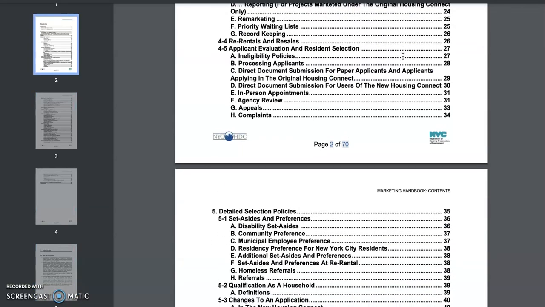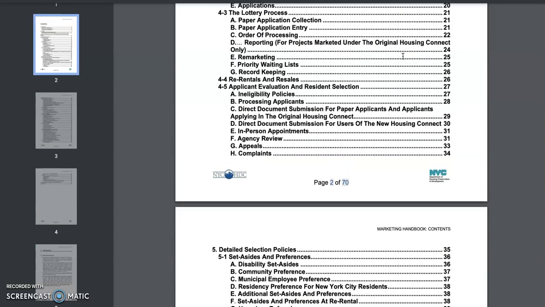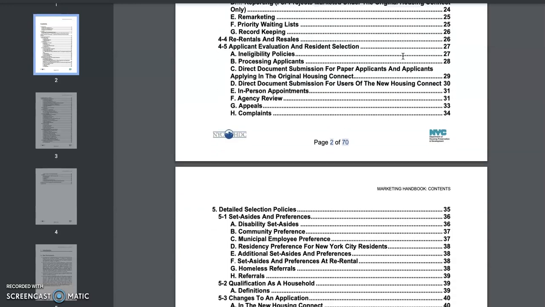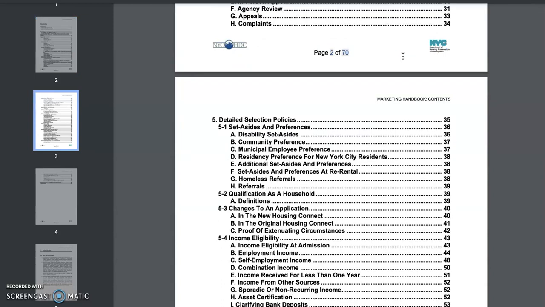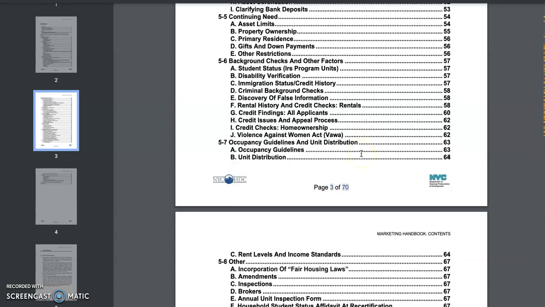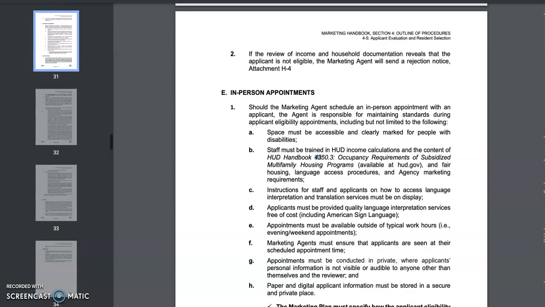Let me see which section that is. They literally give income examples, and that's what I really love about it. So you could literally understand your eligibility. Okay, yes, income eligibility. So 43. Let's go to that. So literally they talk about the income eligibility.